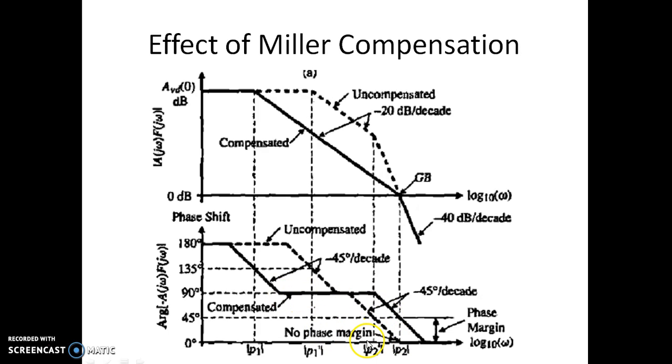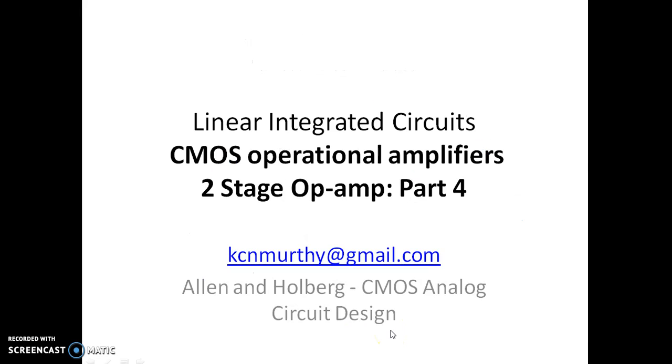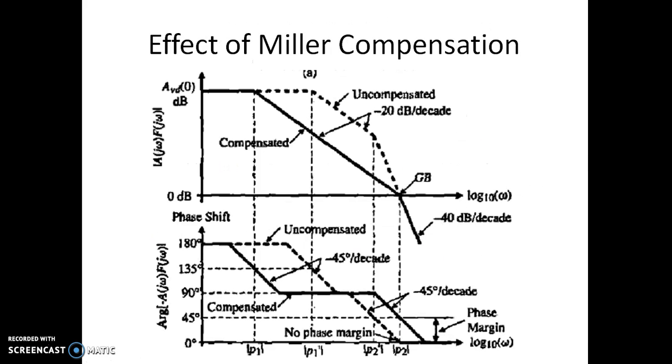So we might have seen that with this P2 dash as a pole frequency, we had this dotted as the earlier uncompensated phase plot. We didn't have any phase margin there, the phase margin was almost zero. When we actually compensated, we can see the phase has also shifted. Now we have sufficient phase margin,